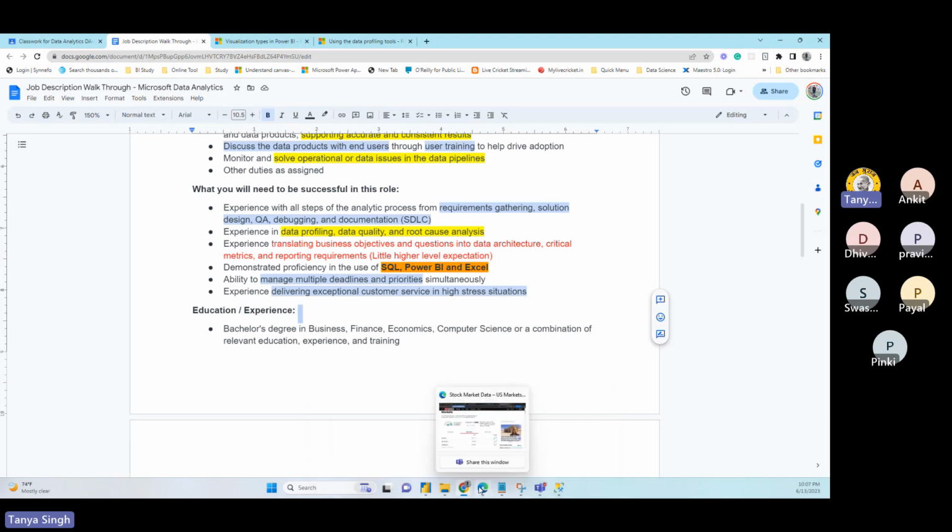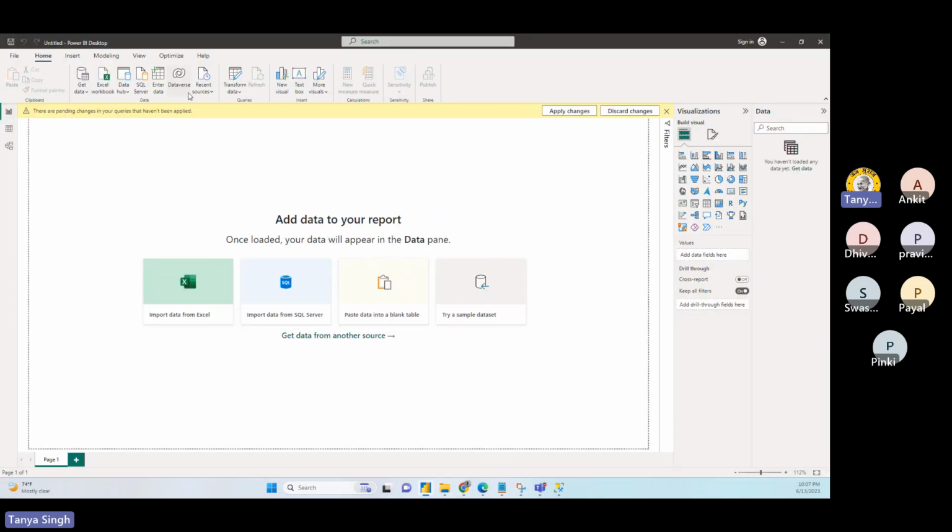I lost track. Back to the tools we were talking about. Okay, I think we are already done. One more thing I wanted to show you: the only thing that changes in Power BI is how you connect your source. Once you are connected, your M query, your cleanup activity, your reports activity, everything will be 100% the same.